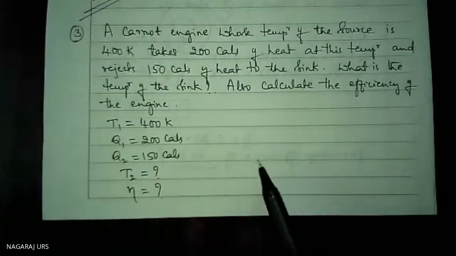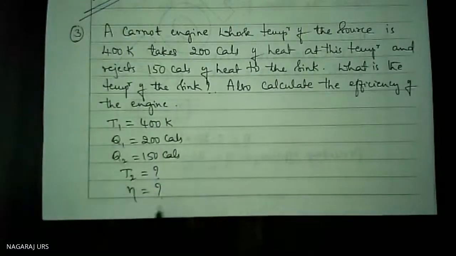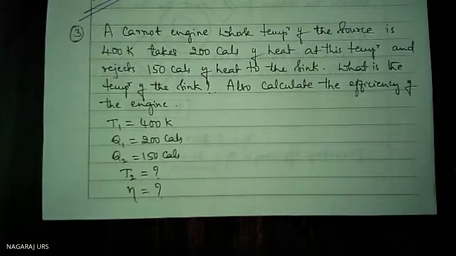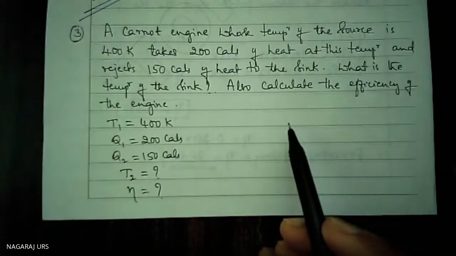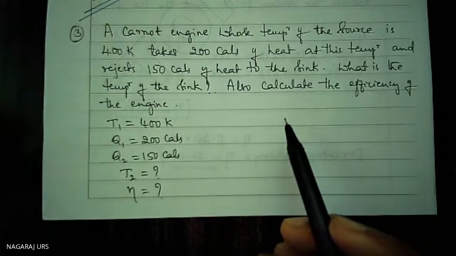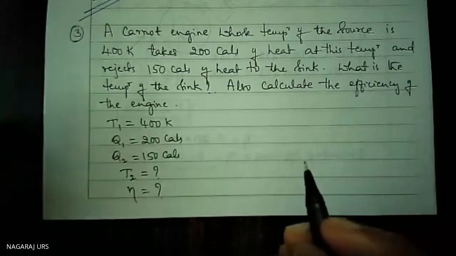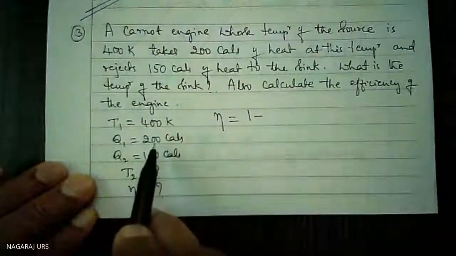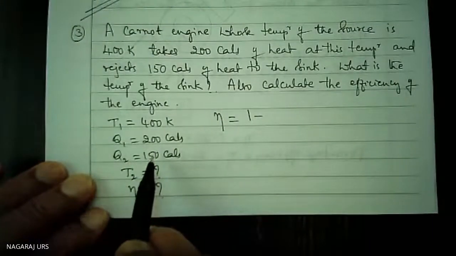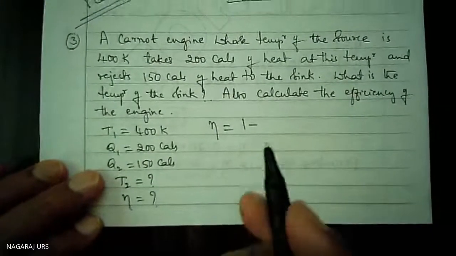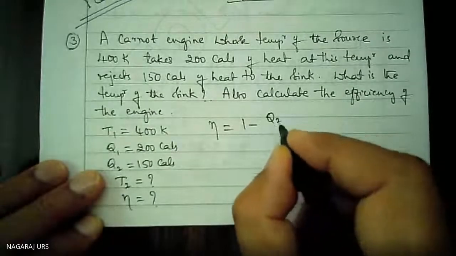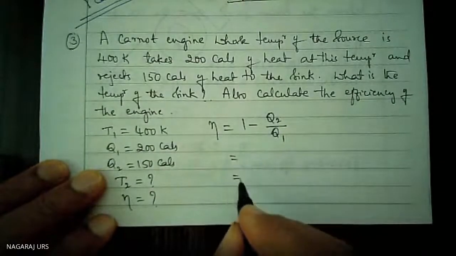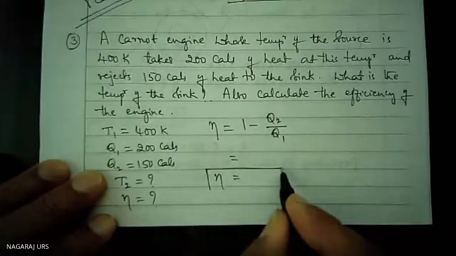Yes, right. Like this we are supposed to write. Once you have written this, write the constant formula, substitution, calculation. Then once you got the answer, think about the unit we are supposed to write and write it. So first, efficiency is 1 minus Q1 and Q2, that you can write. Otherwise, in terms of T1 and T2 also we can write, Q2 divided by Q1. So be careful while writing the formula.